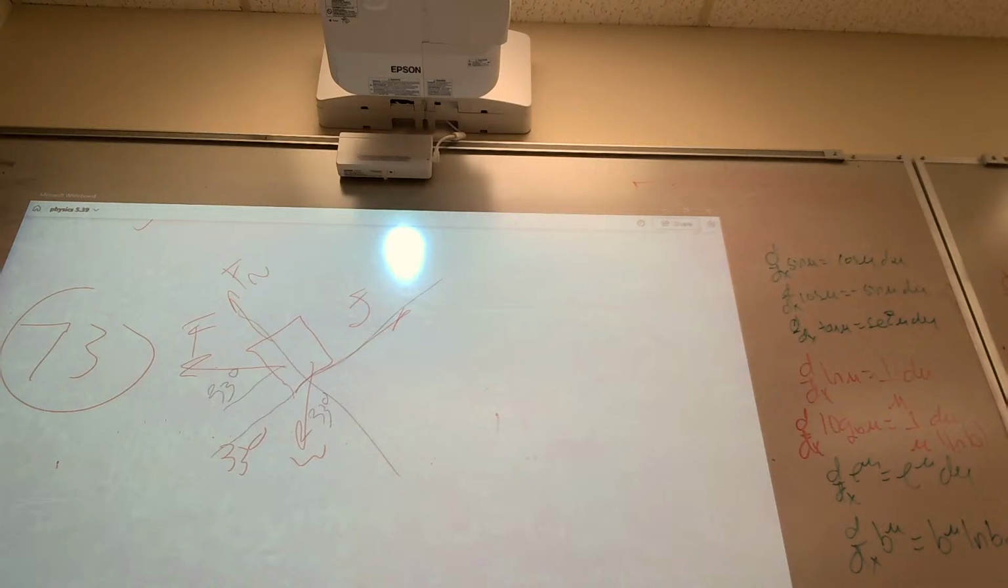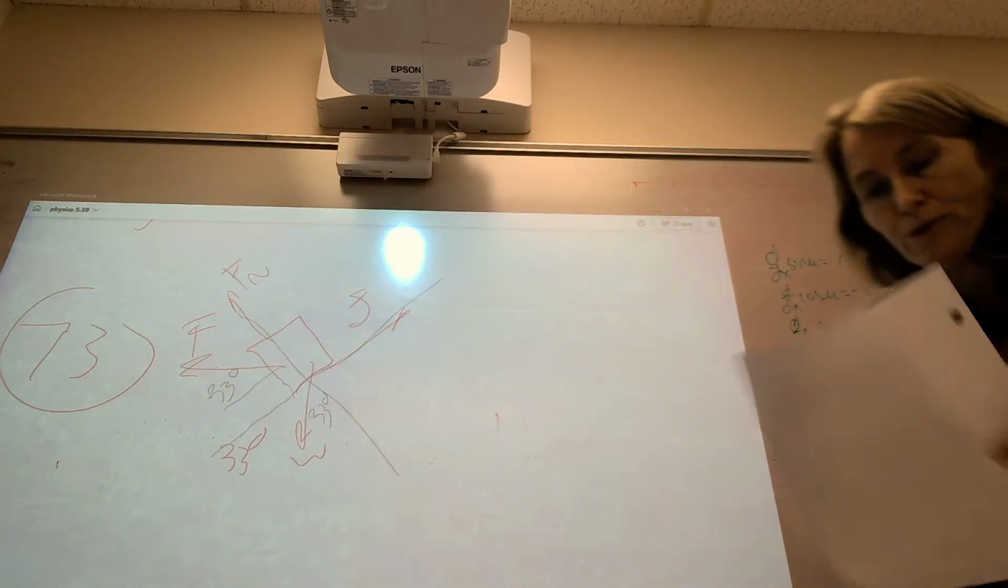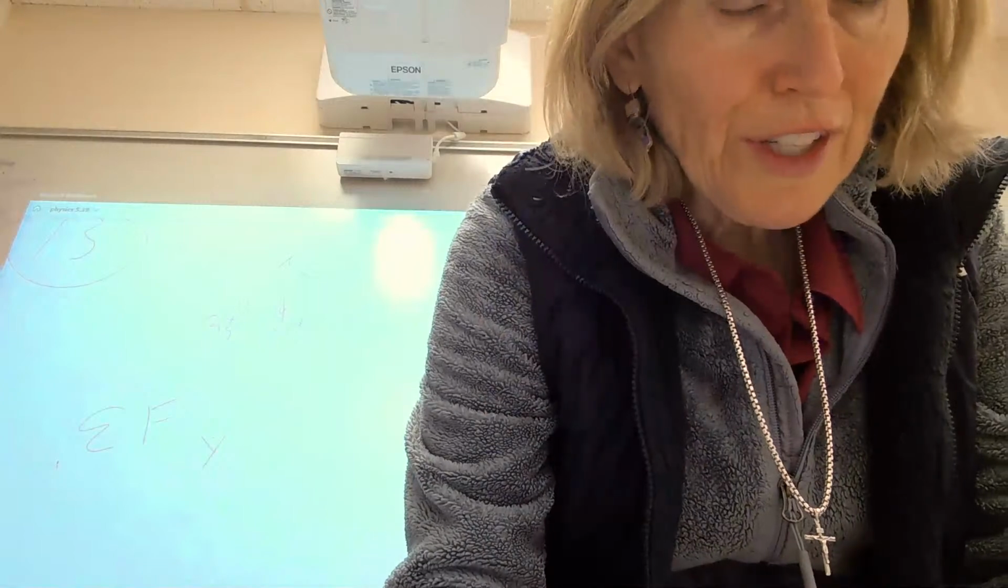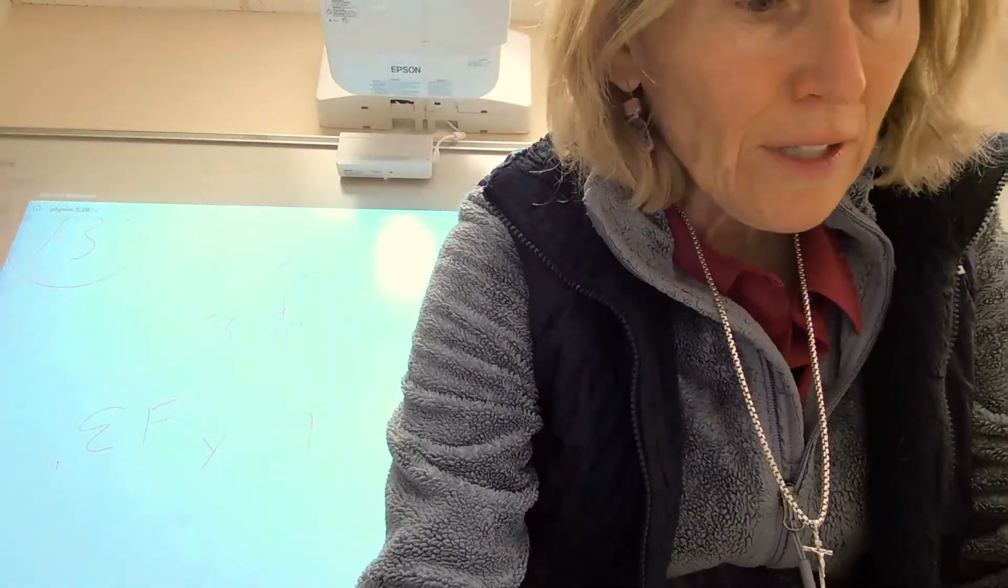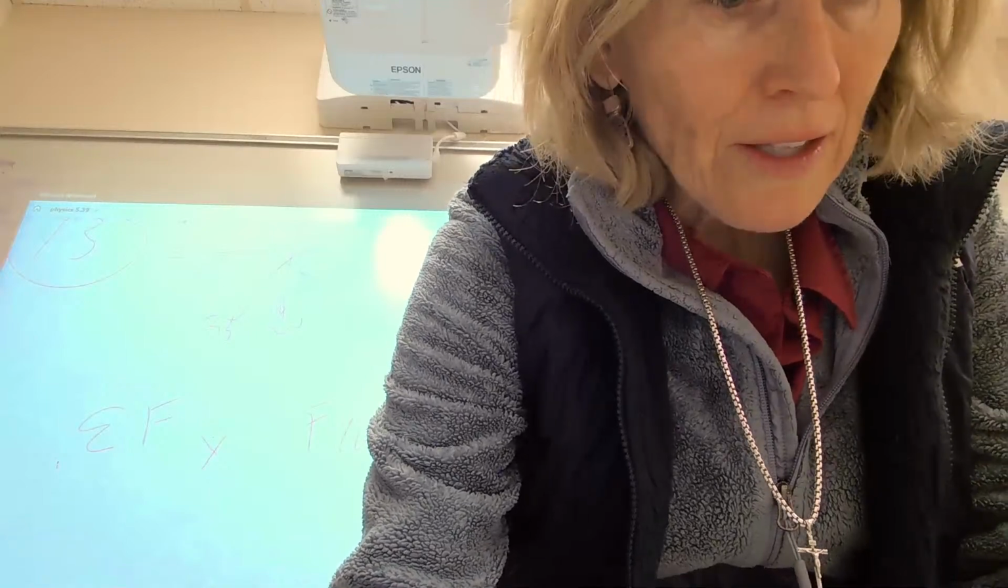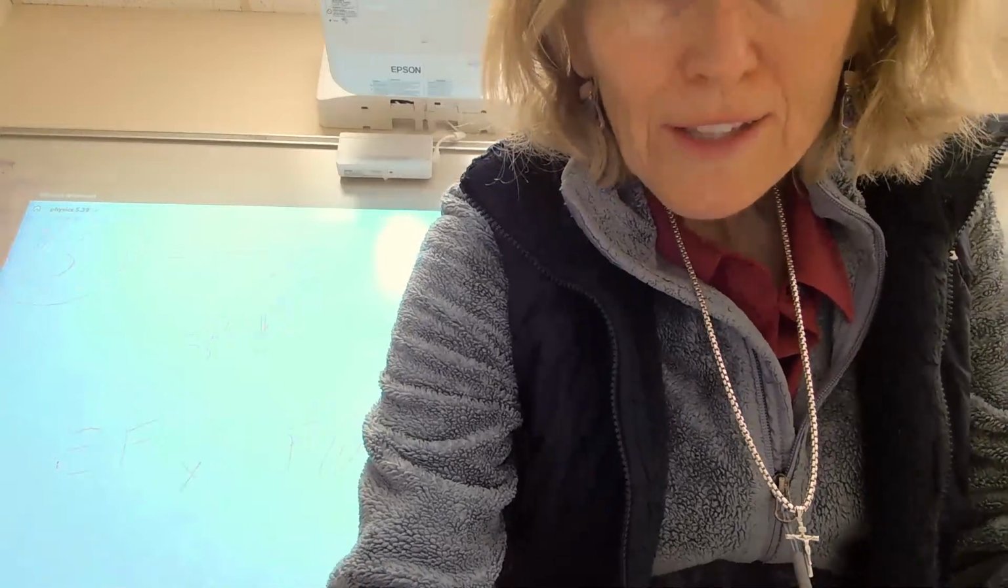So you're going to have your weight. Remember, when something is on an incline, how we do our weight. So for sigma Fx, we have F times the cosine of 33, plus, now,